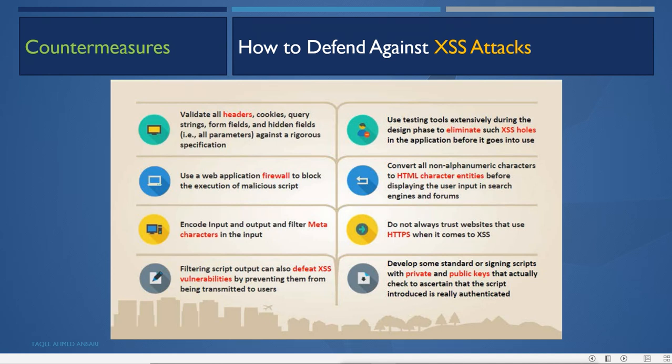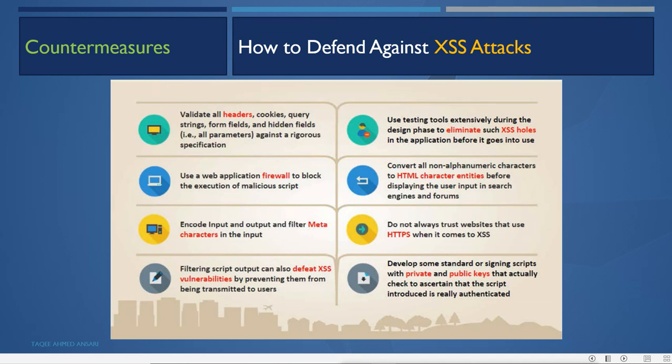Try to test the application by yourself, so that it will not have any vulnerability related to cross-site scripting attack. Then use a web application firewall to block the execution of malicious scripts. With the help of a firewall, all the malicious scripts should be blocked.